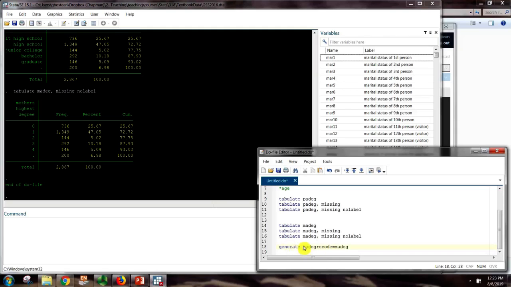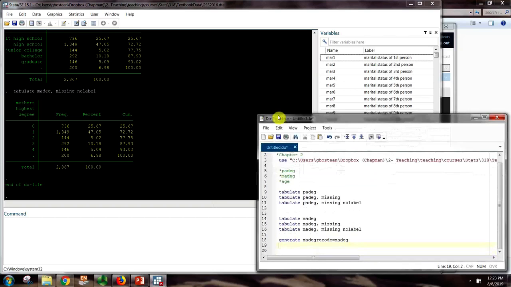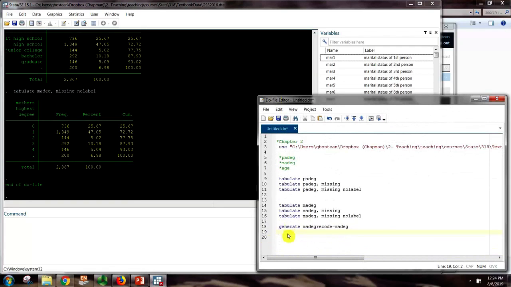And we're going to make the new variable exactly equal to the old variable, which we're going to change in just a second. You might wonder, why am I going to create a variable that's exactly the same as the previous one? Well, that's how we start, so that we maintain all of the missing data in a missing category,